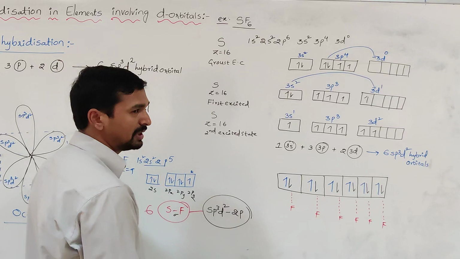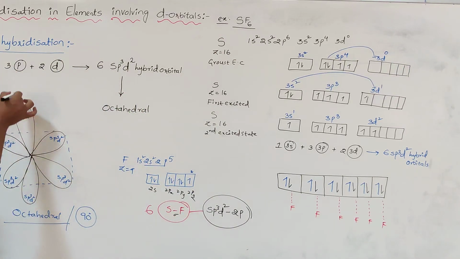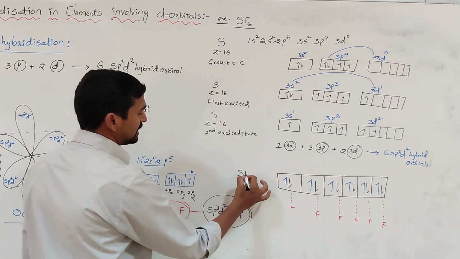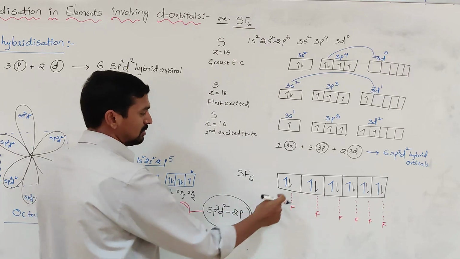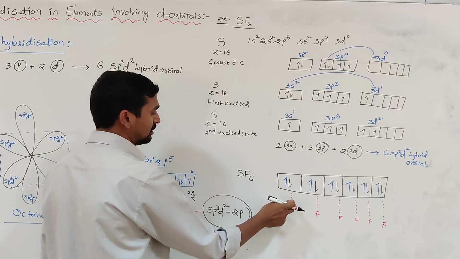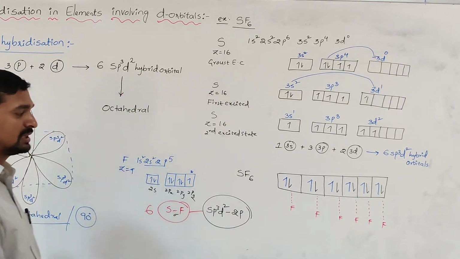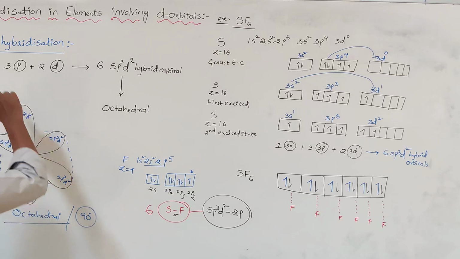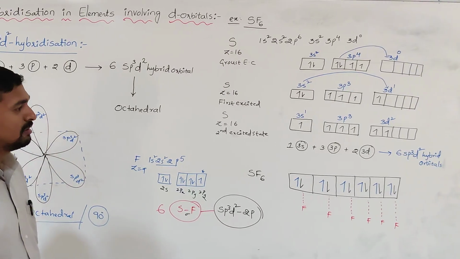We can see this diagrammatically, but it is not easy to draw. If we write the fluorine and show the overlapping, it seems not good; it becomes complex to understand. Just for easy understanding, we can write that the SF6 molecule is formed by the overlapping of the sp3d2 hybrid orbital of sulfur and the 2p orbital of fluorine, resulting in the formation of sigma bonds. Like that, 6 sigma bonds are formed between sulfur and fluorine. This is about the hybridization, that is sp3d2, in the case of the sulfur hexafluoride molecule.